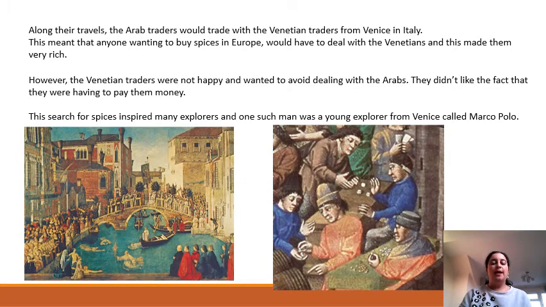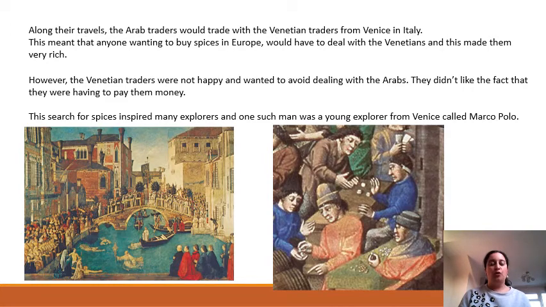Now, this meant that anyone wanting to buy spices in Europe would then have to deal with the Venetians, and this made them very rich. So, if you imagine, the Arab traders have gone to the Spice Islands, they've collected all the spices that they know that people would like, and on their way, they've stopped by Italy, and they've actually traded with the people of Venice, who are known as the Venetians, and the